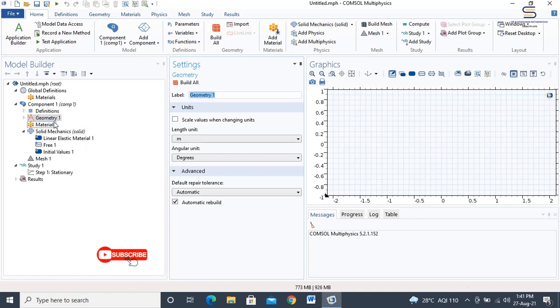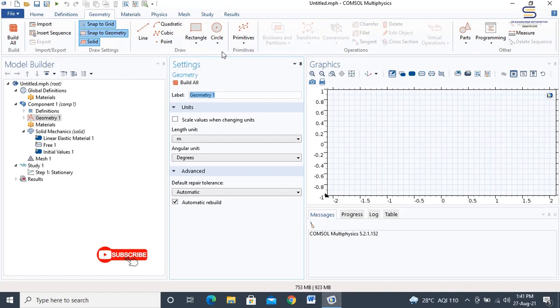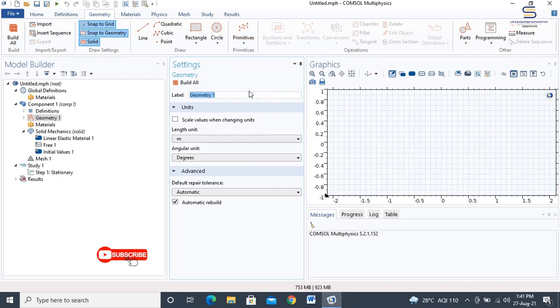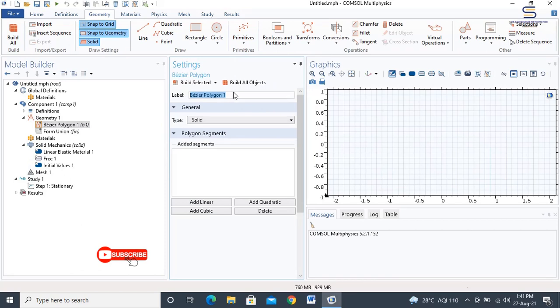So in the geometry procedure, first what we will do is on the geometry toolbar we will be clicking on primitives. So if you go on the toolbar side, you will be finding that there is a geometry toolbar. Please click on the primitives, and when the primitives is there, kindly choose Bezier polynomial. Bezier polynomials are a set of points where you will be able to draw arbitrary polynomial shapes. In the Bezier polynomial, a settings window will be available. Locate the polynomial polygon segment.